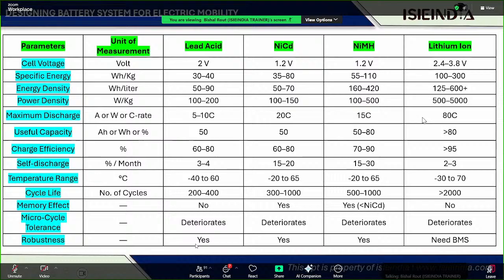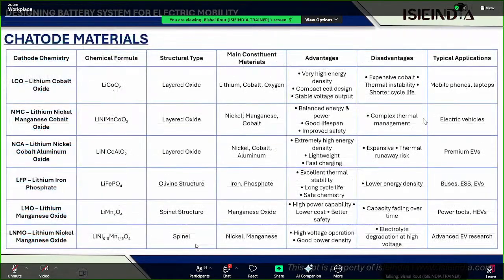And that is the reason why BMS and electronics companies have a higher part as far as EV is concerned, right? So these are the multiple cathode materials which are being utilized for lithium. You can use LCO, you can use NMC, you can use NCA, you can use LFP, LMO, LNMO, right? So basically, as far as electric vehicles are concerned,